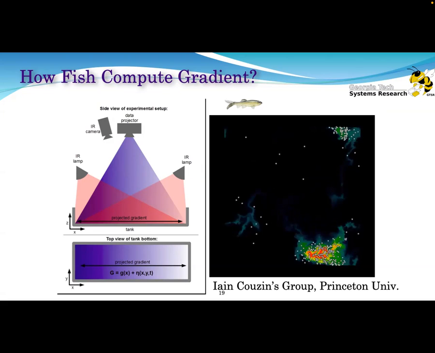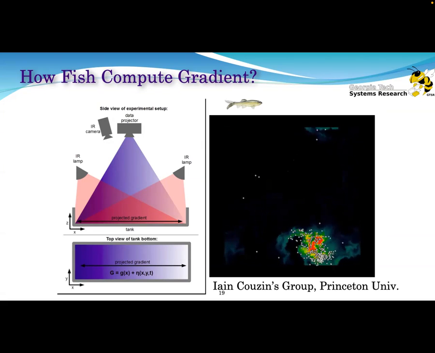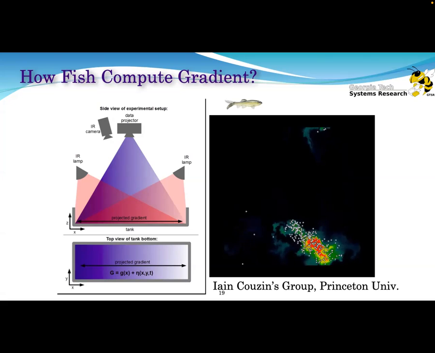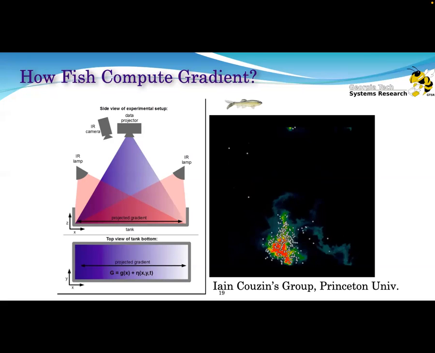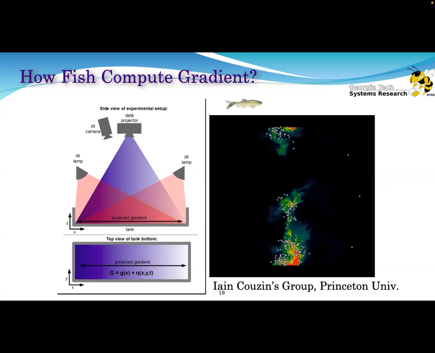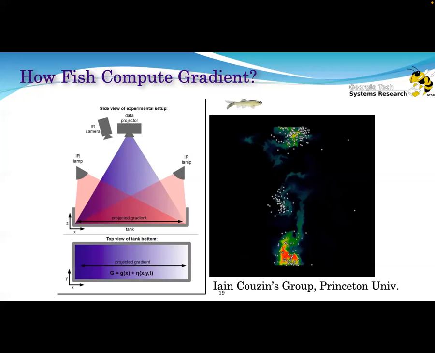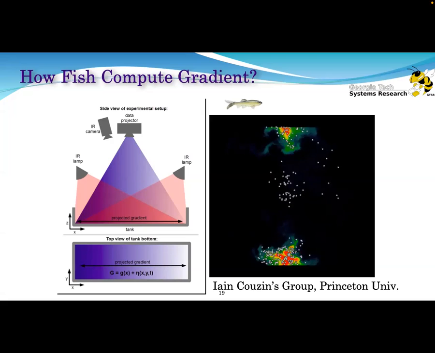So the experiment he did was he put fish in this tank where he created a light gradient. On this side of the tank, the light is stronger. On this side, it's lower. And fish like darkness. They like to stay in the shade. So he put fish in there. The fish will quickly go to the